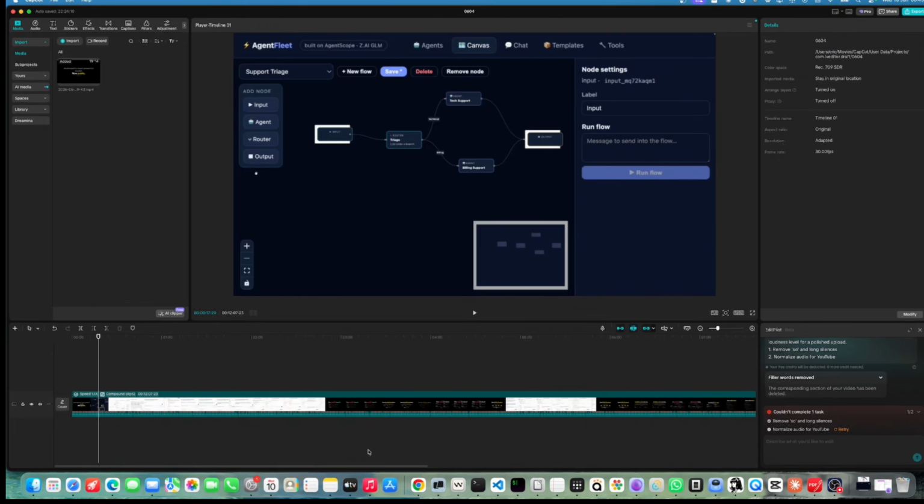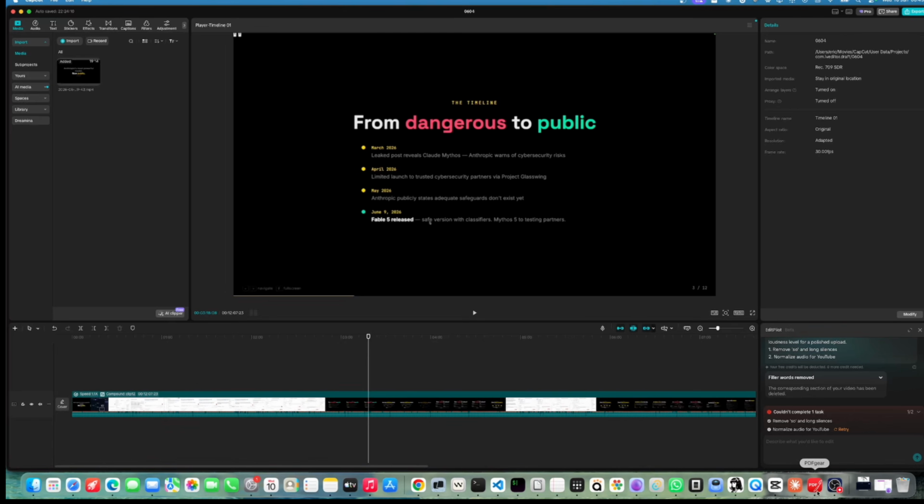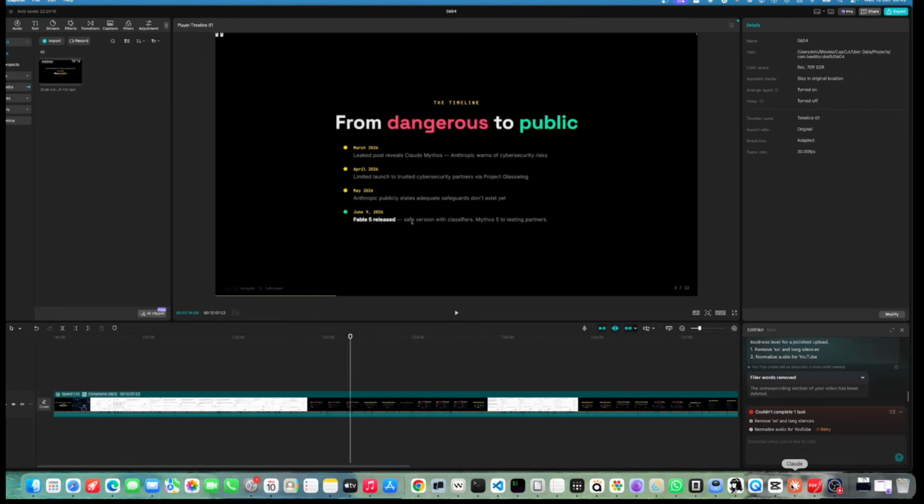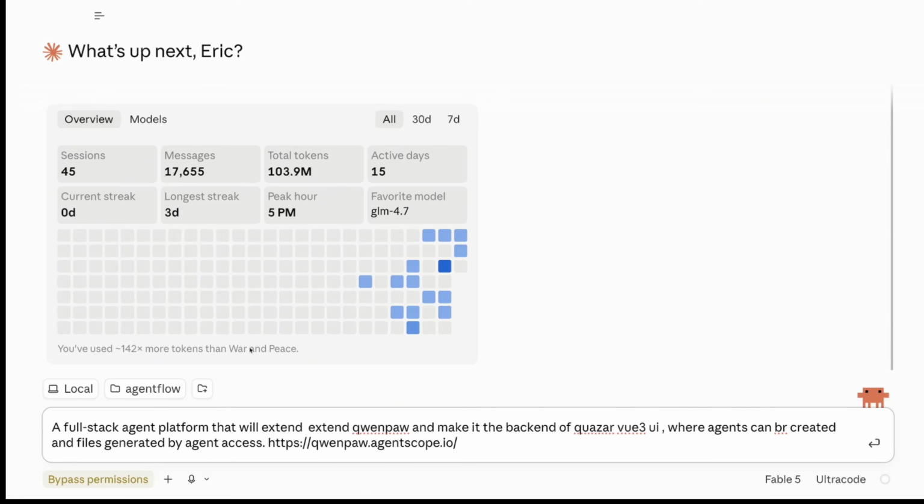So I'm going to share this one here. This is Fable. This is what I'm trying to tell Fable to do. So let's see what it will do. A full stack agent platform that will extend QwenPaw and make it a backend of Quasar, where agents can be created via QwenPaw UI,